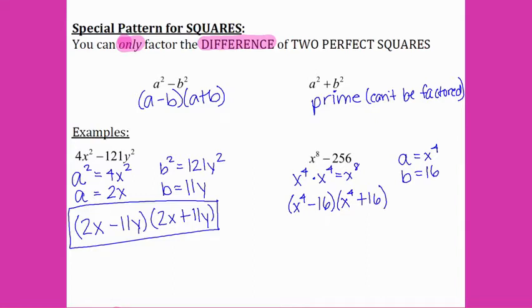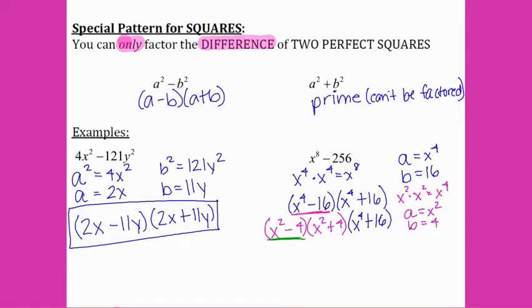But wait, x to the 4th is a perfect square because x squared times x squared equals x to the 4th. So we could factor this parentheses again, and a would be x squared and b would be 4 this time. So we'd have x squared minus 4, x squared plus 4, and then we're going to bring down our x to the 4th plus 16. But wait,